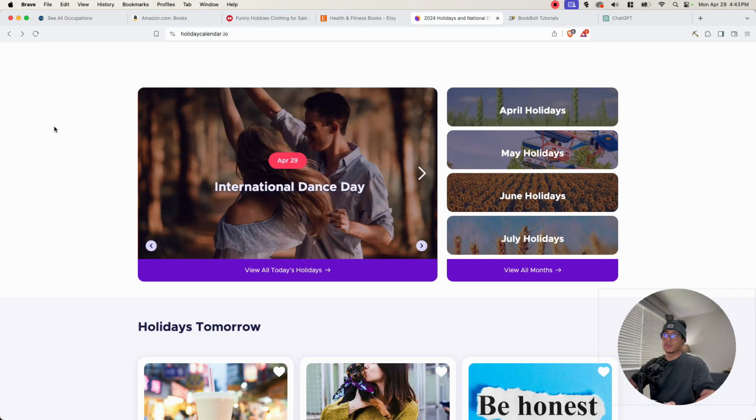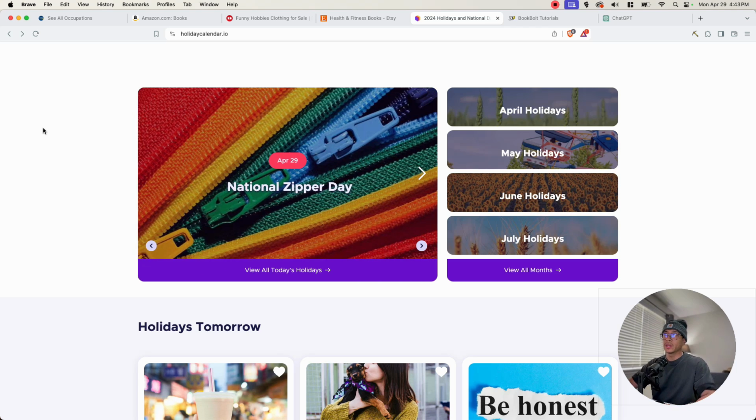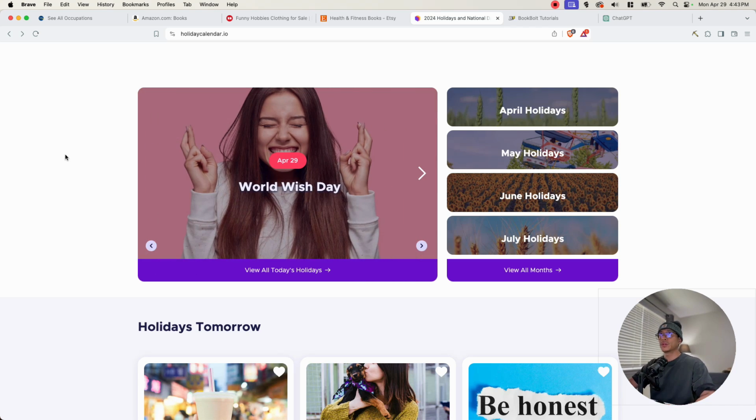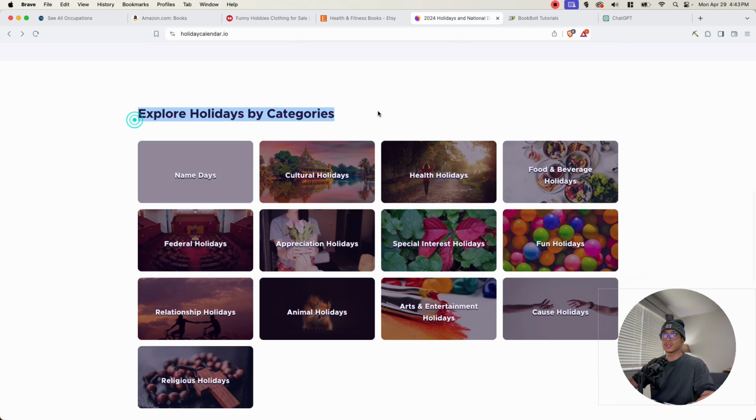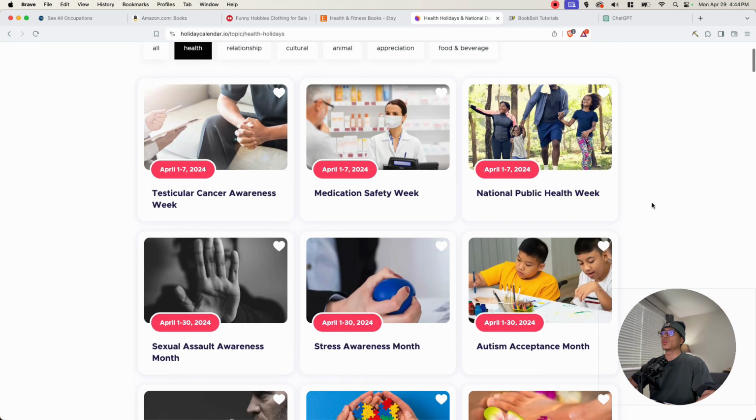The next one is going to be to check out all the holidays in the calendar year. And so if you go to holidaycalendar.io, you can actually look at holidays by month, or you can explore holidays by categories. So they have things like name days, cultural holidays, health holidays, food, beverage holidays, and so on and so forth. So to give you an idea, if we just go to health holidays, we can see there's things like